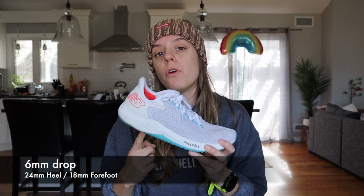That is so light for a trainer, it's insane. There's really not a ton of other shoes that are that lightweight on the market right now, so already this has a giant advantage over the competition. It has a 6mm drop with 24mm of stack in the heel and 18 in the forefoot. The upper is made of a thin